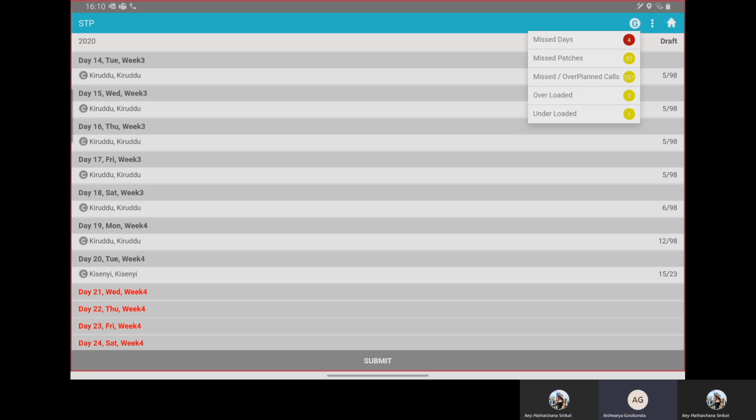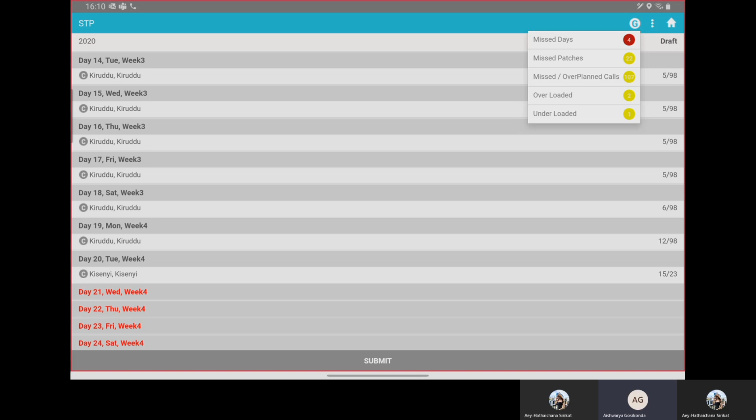As of now, these are not mandatory things. This is just for your information. So this is for the underloaded and overloaded concept. I hope everything is clear in this guide option. The red color means the mandatory things. It shows as a warning kind of thing where you cannot submit your MTP. You have to fill these columns.